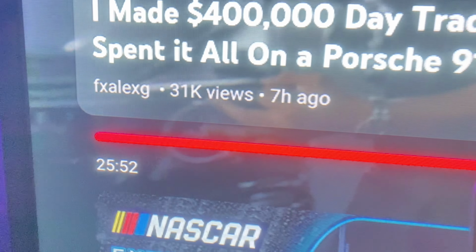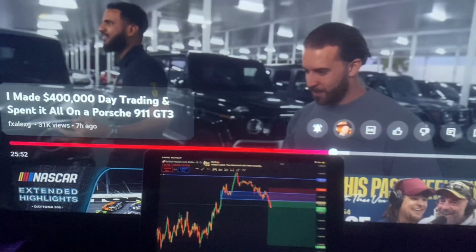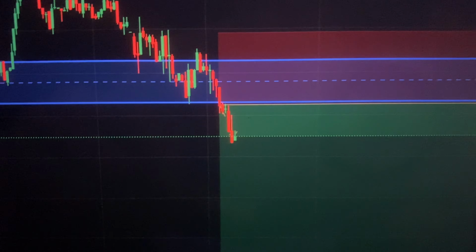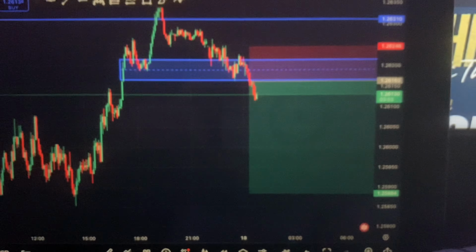All right, boys, quick trade update. So we are watching our boy Alex right here, and this is how the trade's going. As you can see, it is currently heading downward towards our margin, so we're just gonna let it ride out. And this is the only trade that I've seen so far. I've seen some other stuff. I might show it, but not really great setups for me, so I'm just gonna wait and see, let this one ride out, and then we'll see if we can find another good trade. But anyway, let's get it.